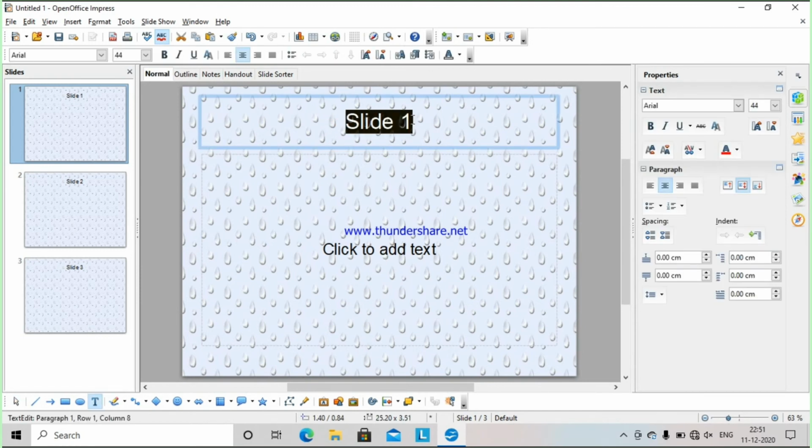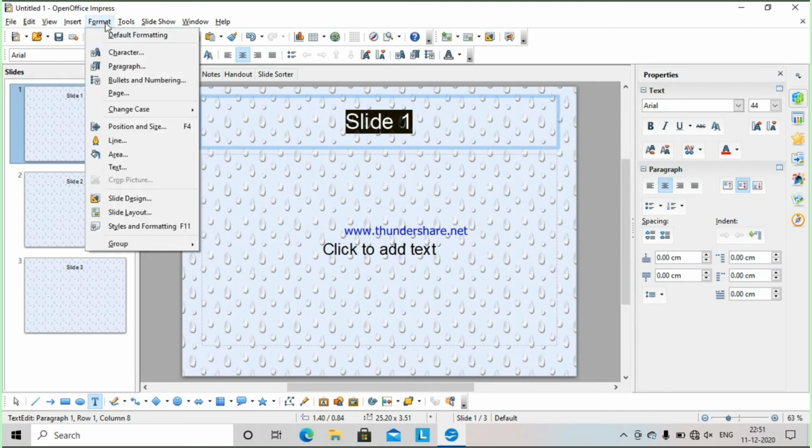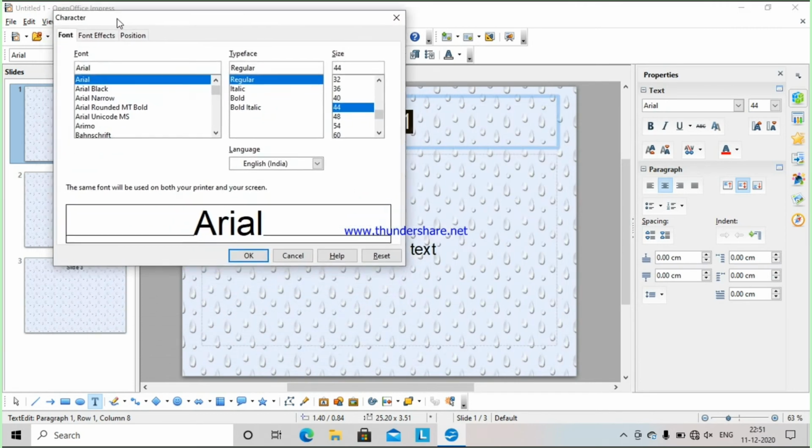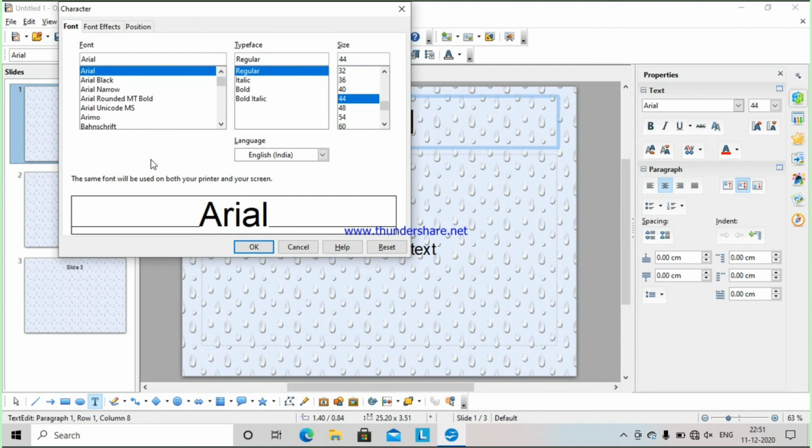So I have selected this text. Then I would click on the Format tab. In the Format tab, I would click on Character. On clicking Character, it would open the Character window. From this Character window, we can do any settings for the text, like setting the font type. By default, Arial is selected. You can select any.